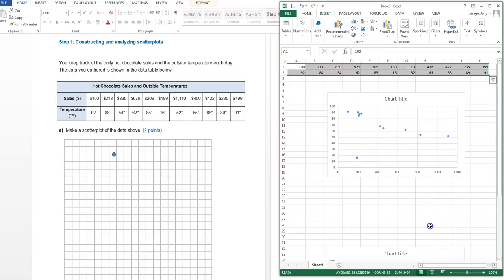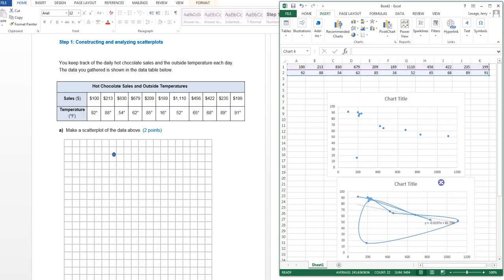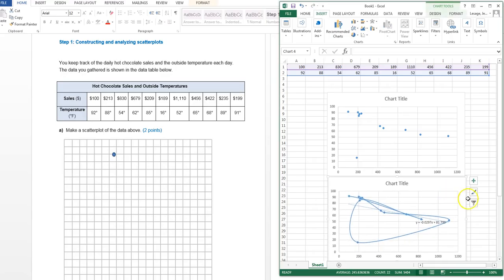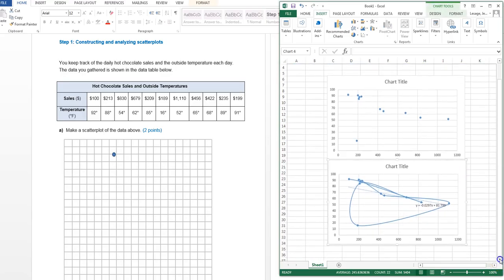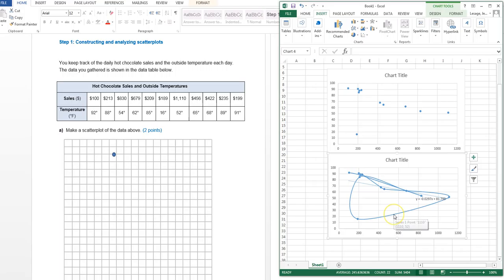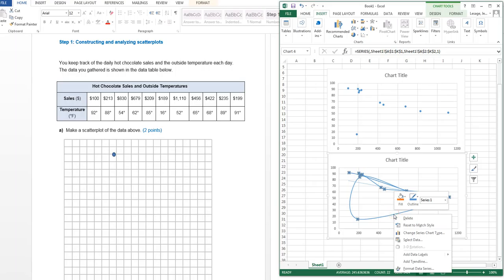However, one of the advantages of doing it that way, and I want to slide that chart up now so you can see it, is I can click on the line. This is a right-click action that I'm doing now. So put your cursor on the line, right-click, and you can see I get this screen. And if I say Add Trend Line,